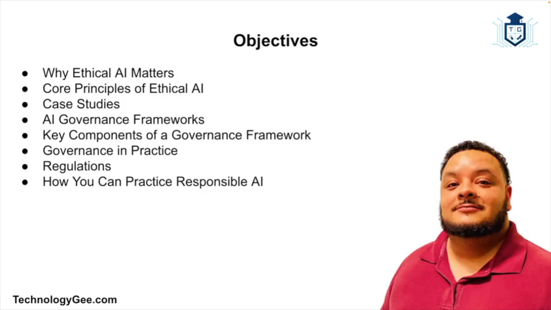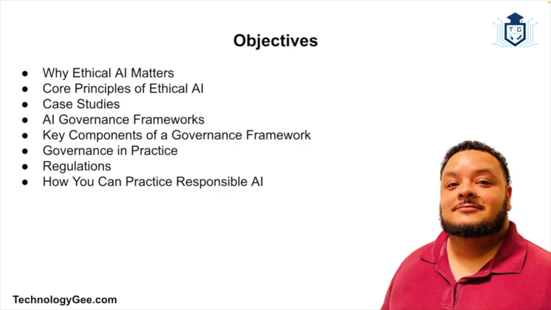Artificial intelligence can be cool. It can recommend your next favorite TV shows and help doctors diagnose diseases faster. But what comes with great power? Well, you all know the rest. And as AI continues to become more powerful, more personal, and more deeply woven into our daily lives, we've got to ask, are we using it responsibly? And that's where ethical and responsible AI comes in.